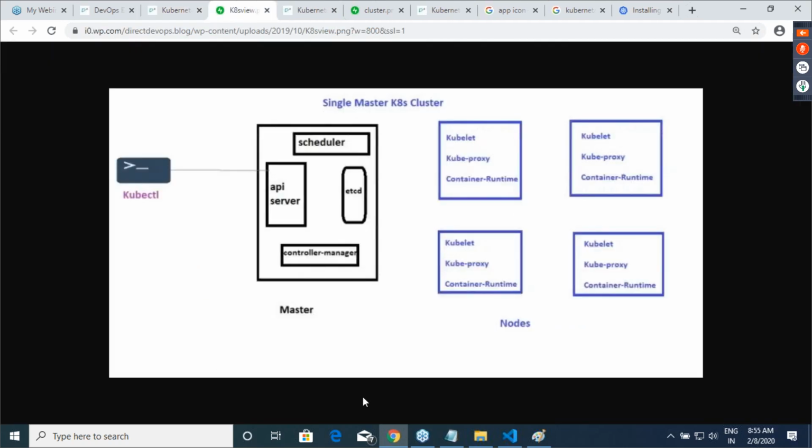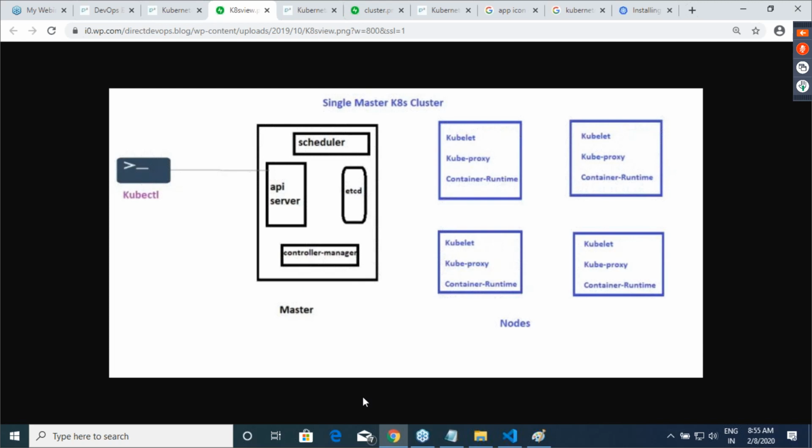You'll have a single master, you'll have some nodes, and then we'll be speaking with our API server using something called kubectl. Yesterday I think I told you there are 2 ways of interacting with the Kubernetes master. One is using YAML, which is kubectl. The other one is an API-based method where you can use JSON, which can be spoken over a Python-based REST API or a Go-based REST API, or since it is JSON, you can use other languages also. Since we'll be working with specifications, we'll be using kubectl. So this is going to be our environment.